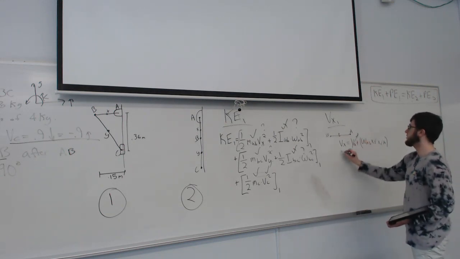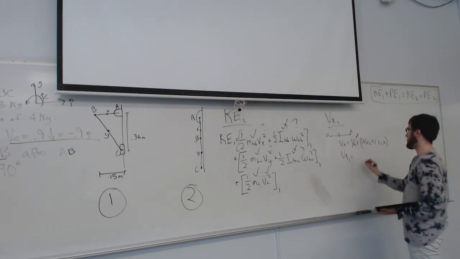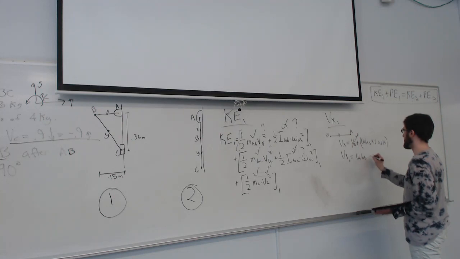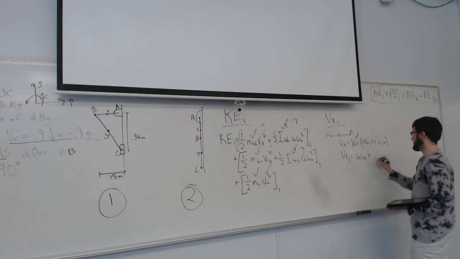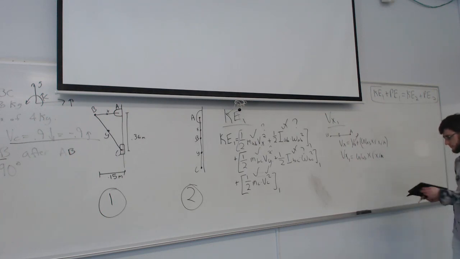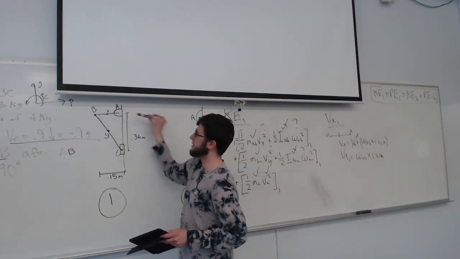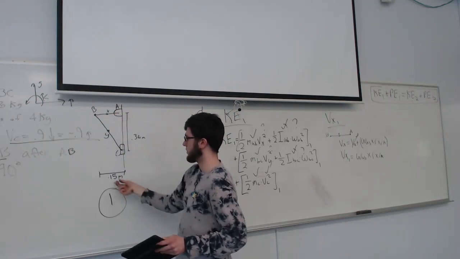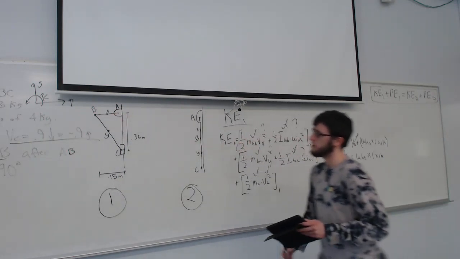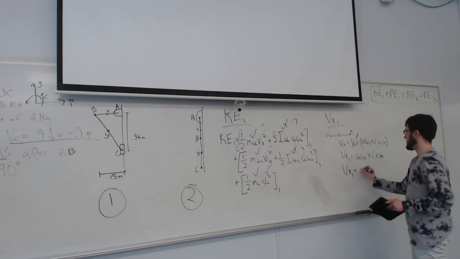So it's 0. So the velocity of X at state 1 equals angular velocity of AB crossed with the position vector X with respect to A. So 2x from A, so we're going negative in the i. We're given this right here, but it's half of it, right? So this equals